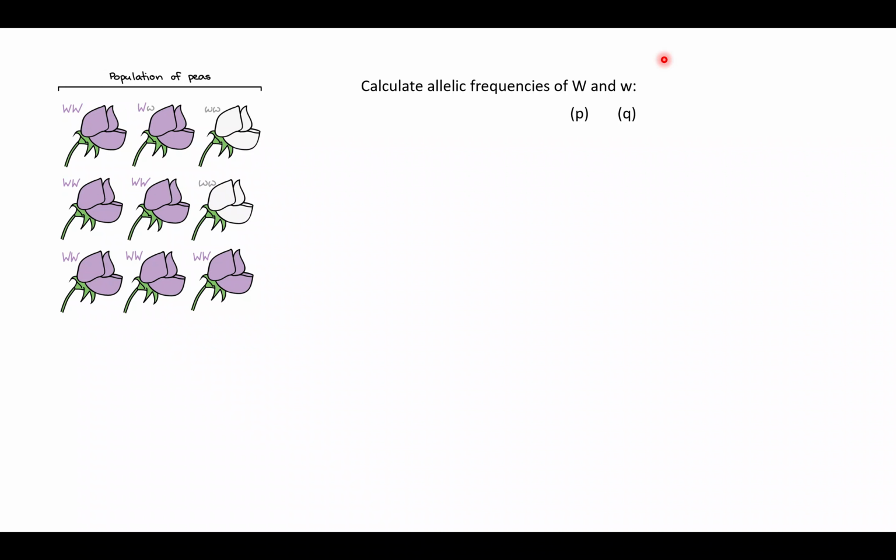First, tell me what is the frequency of capital W. I'll just give you a very simple hint. Just calculate how many times capital W is there in the total allele. So capital W is an allele, small w is an allele. Just calculate how many times this capital W is there in the total allele. So that will be the allele frequency. Simple mathematics.